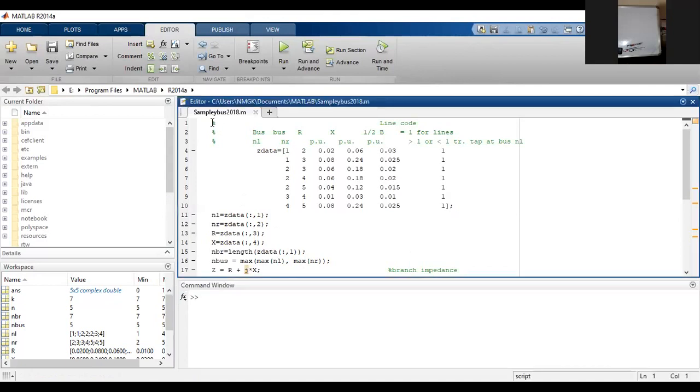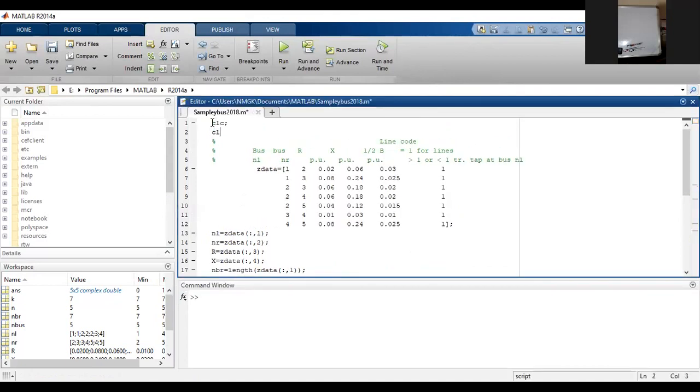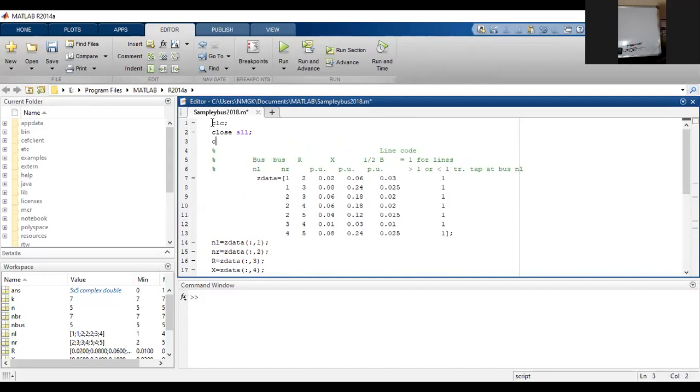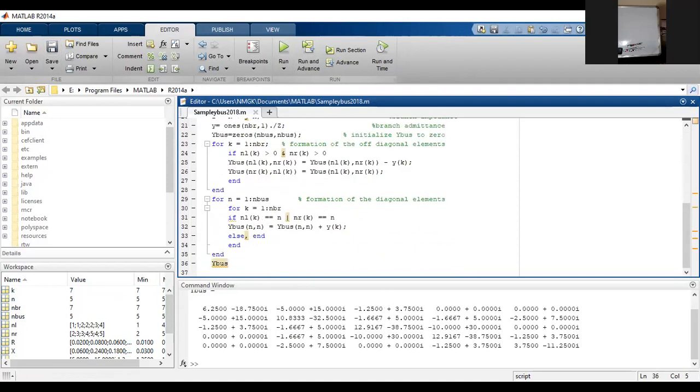At the top of the program, I am incorporating statements: CLC, close all, clear all. Because if you have garbage values, it automatically clears. That is why. So now you see that I'm making the changes here.